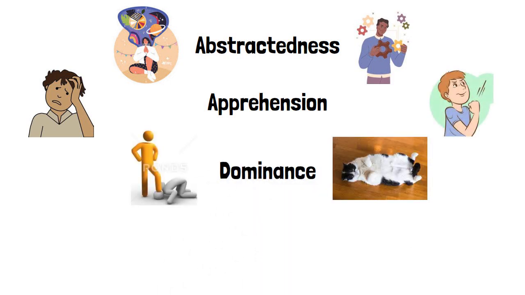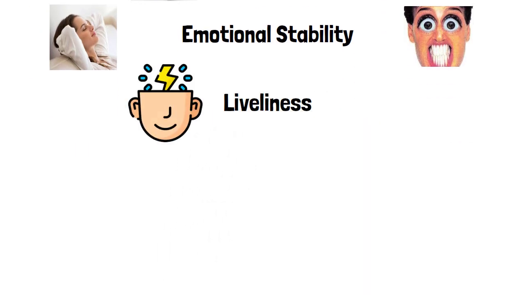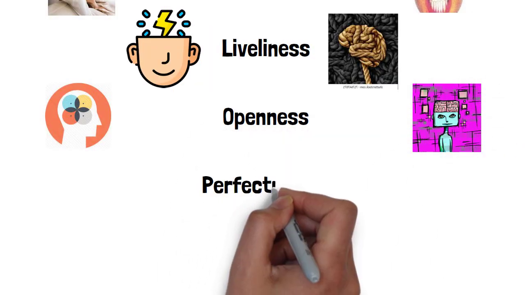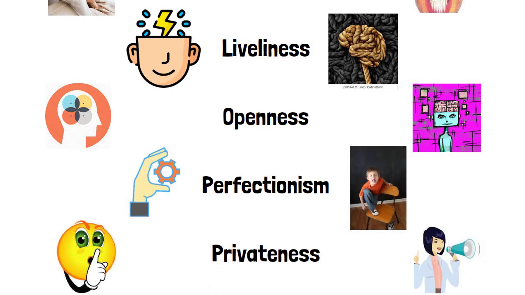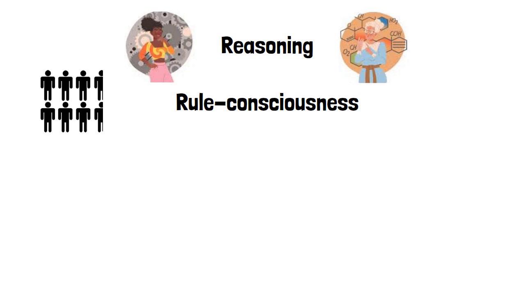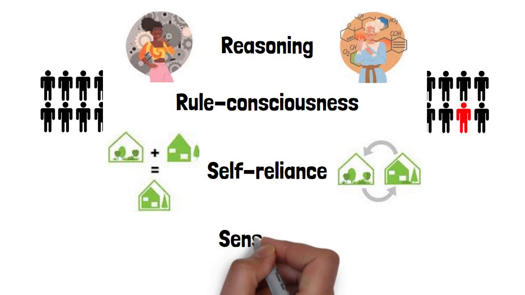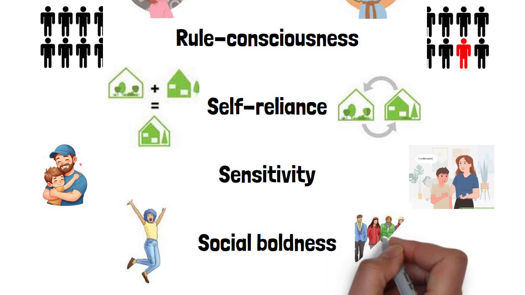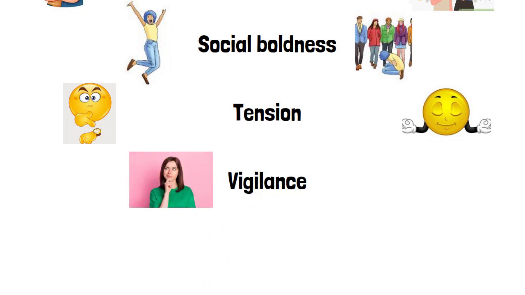versus submissive, emotional stability, calm versus high-strung, liveliness, spontaneous versus restrained, openness to change, flexible versus attached to the familiar, perfectionism, controlled versus undisciplined, privateness, discreet versus open, reasoning, abstract versus concrete, rule consciousness, conforming versus non-conforming, self-reliance, self-sufficient versus dependent, sensitivity, tender-hearted versus tough-minded, social boldness, uninhibited versus shy, tension, impatient versus relaxed, vigilance, suspicious versus trusting, warmth, outgoing